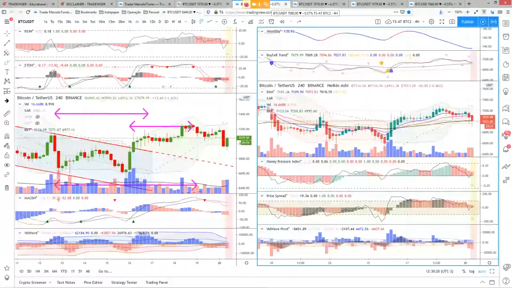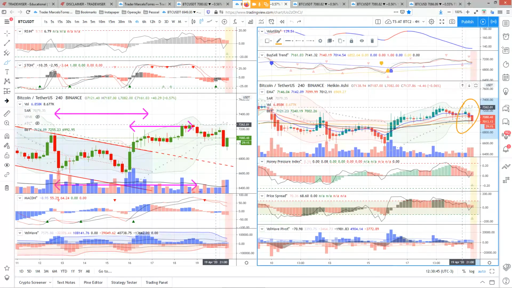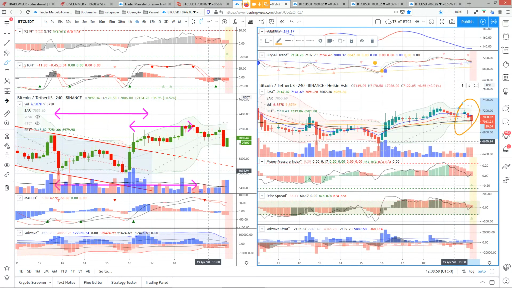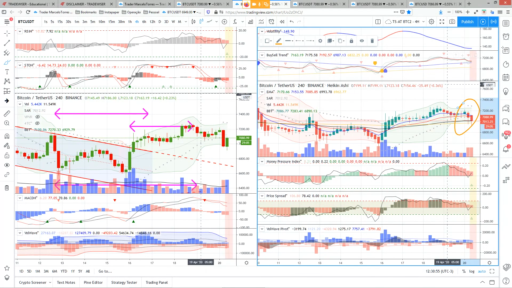It is starting to open, and I would say that if it keeps on going in this direction, we might see. Let me see. It's still early to say. Maybe an hour ago, I would say that the Bollinger Band would open going down, as you guys can see here on the right side of the chart. I would say that it would go down, but considering the moves that I'm seeing on the money pressure, on the spread price, and the